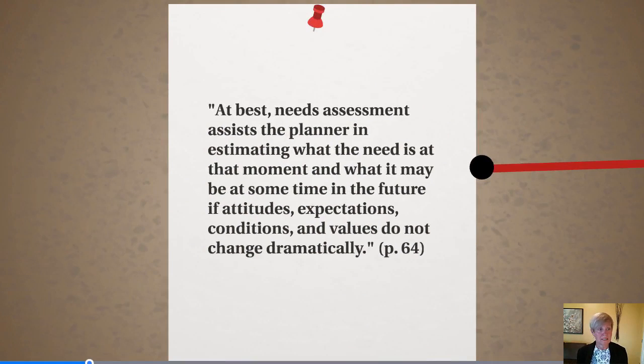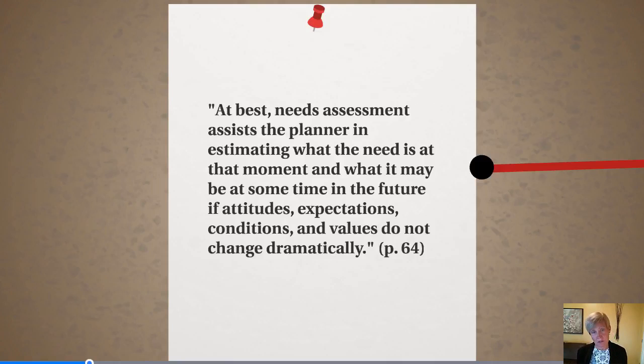At best, needs assessments assist a planner in estimating what the need is at the moment and what it may be at some time in the future if attitudes, expectations, conditions, and values do not change dramatically. Now you remember in the last chapter they talked about business as usual. So if you are looking at your plans and they're evolving and maybe your original plan has solved the problem, there's really no need to be doing that same thing or adding more to that particular program when